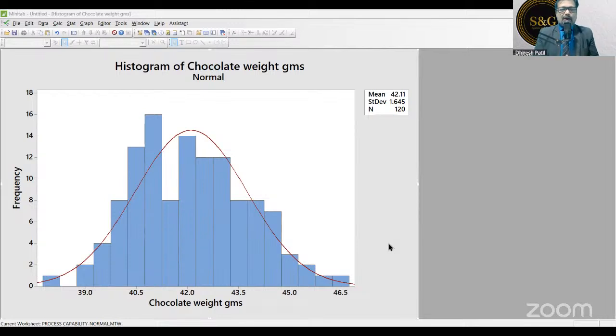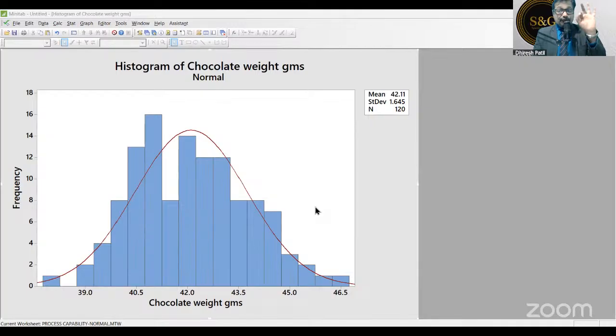Yes, normally distributed. How do you come to know? The shape looks symmetrical. That's the thing, right? Now, how do we confirm this? Don't go with this curve, because this curve might give you a normality, but the data might be non-normal. So don't look at the curve, just see the bars behind the curve, and accordingly you can check.